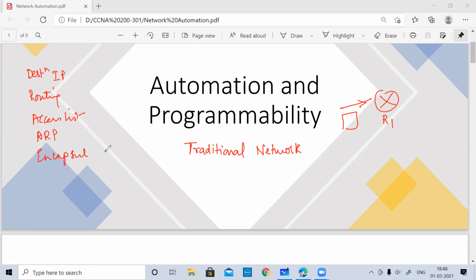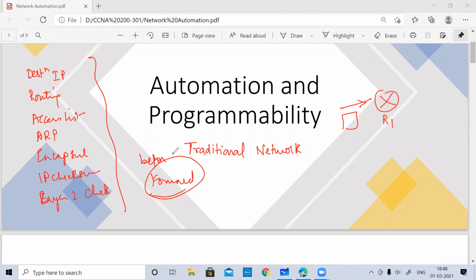Before encapsulation you also have to do some kind of IP checksum calculation, because it has to modify the MAC, so it has to do the Ethernet layer checksum calculation. So lots of tasks are there before you actually forward the packet. There is a lot of processing involved, and it may lead to some sort of forwarding delay.